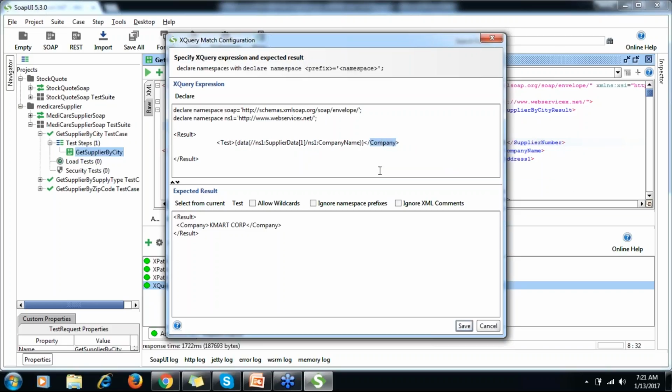This is the way I want to get my results. If I say select from current, I want to display in this format, real test. Under test I want to display the company name. So it's up to you how you want to display data using XQuery.